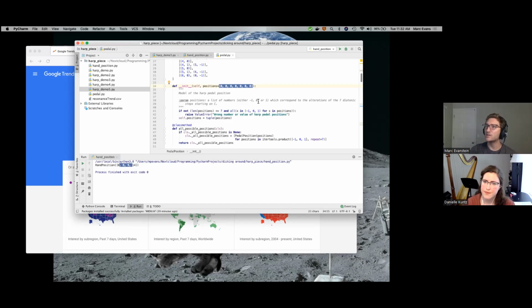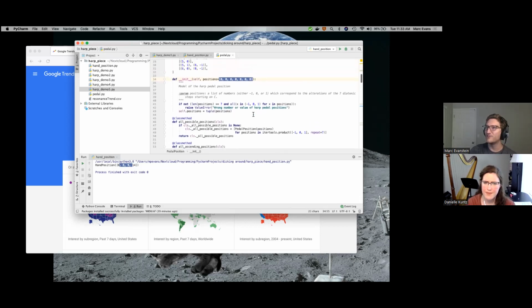Right, exactly. So because I was trying to build this in such a way that it would be idiomatic for the harp, I decided to model the pedal position so that at any given point in the piece, I always know what the pedal position is, right? Mm-hmm. And I'm picking notes from a hand position and a pedal position, right? Rather than saying I want a C sharp, it's going to be, I want this particular note within this hand position with the pedal set to this particular way. And so, you can see here,